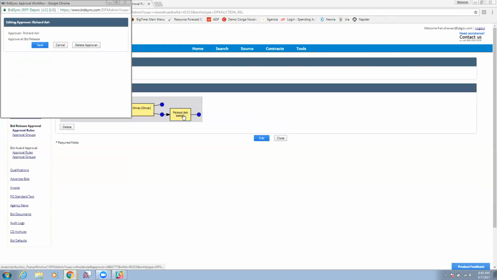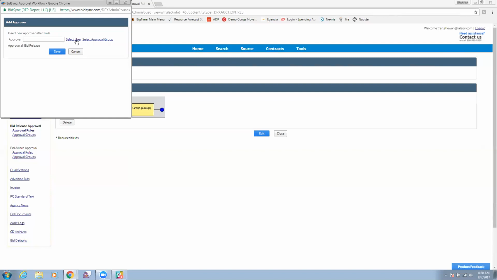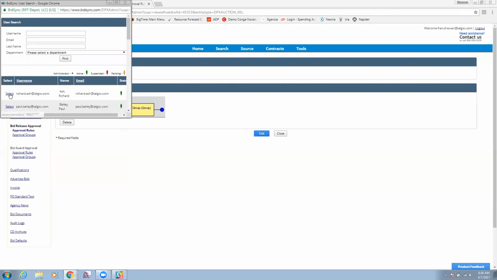If you wanted to remove Richard, you have to click on Richard's name, and then you could delete that approver there. So I'm going to just delete him since he's not a part of our original workflow, but I just wanted to show you how easy it is to add additional users. If you had a case where the rule needs to hit to 2 people, so it needs to go to Fran and Claudia, but at the same time it needs to go to a secondary user, you could select the same thing. You could select a user,